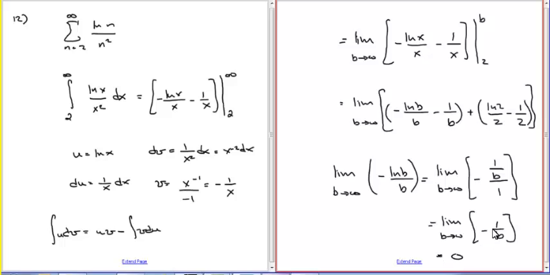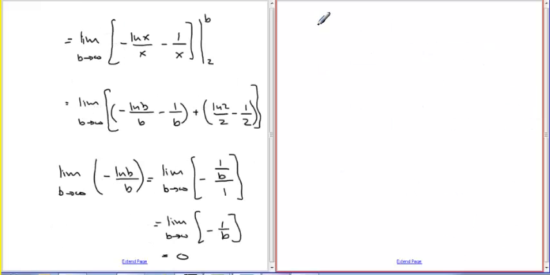And you see that goes to 0, negative 1 over infinity. This goes to 0 from the negative side. So this part is 0, this part is 0, and this part is a number. As a consequence, and again, we don't really care what the number is, since the corresponding integral, which was the natural log of n over,